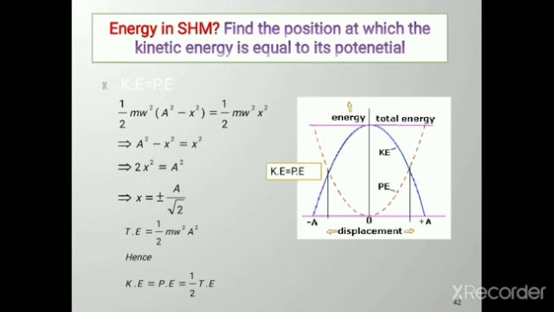So here is one question. In energy of SHM, find the position at which kinetic energy is equal to its potential energy. As we have discussed, during the motion of a particle in SHM, its potential energy gets converted into kinetic energy and kinetic energy gets converted into potential energy. It means that there has to be a certain point where kinetic energy and potential energy are equal. So let us write down the equations for kinetic energy and potential energy. So for kinetic energy, the equation is half